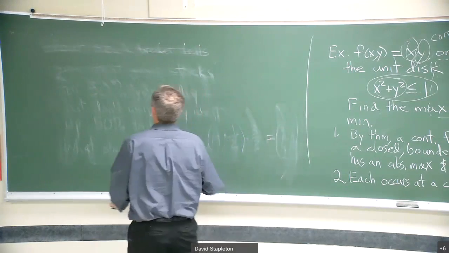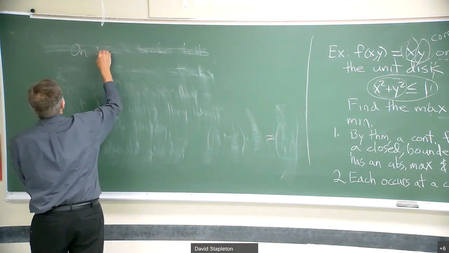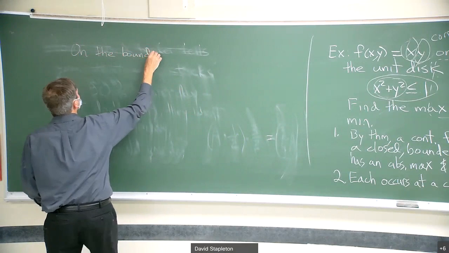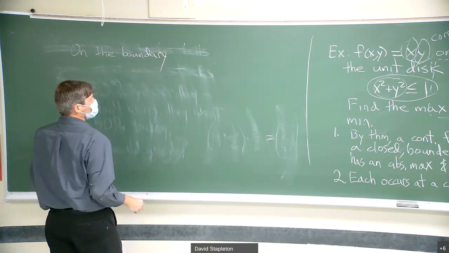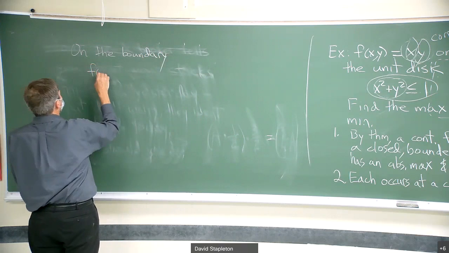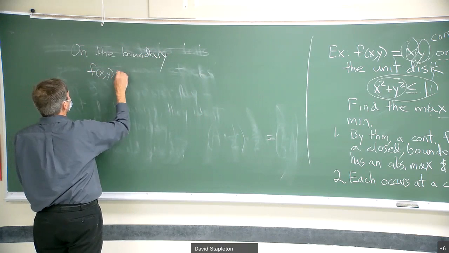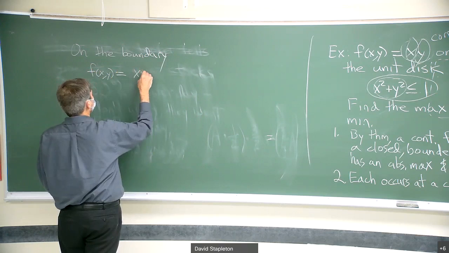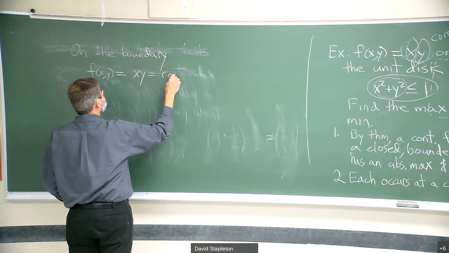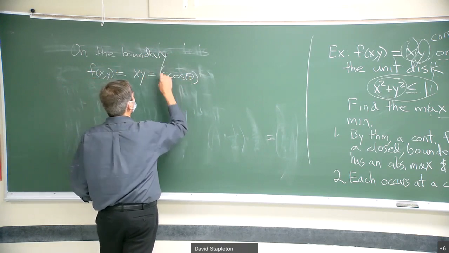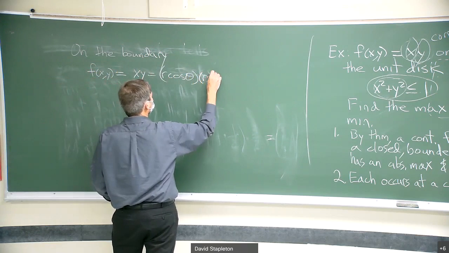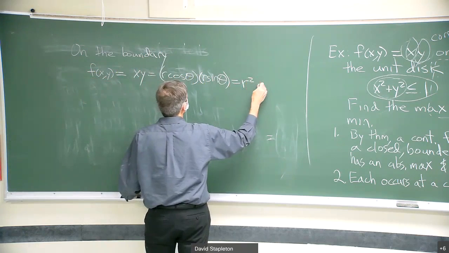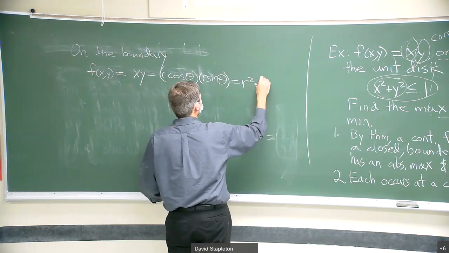On the boundary, f of x, y is equal to xy, but in polar coordinates, that's r cosine theta times r sine theta, which is r squared sine theta cosine theta,